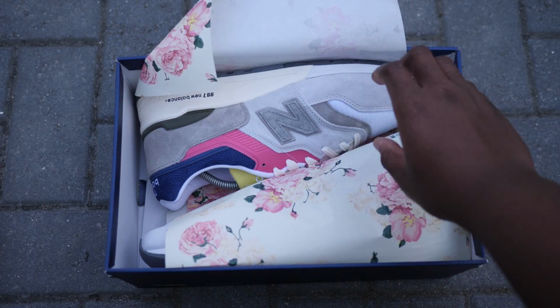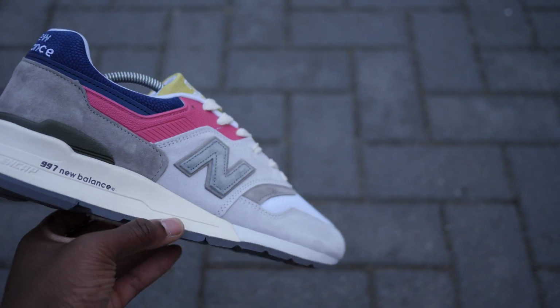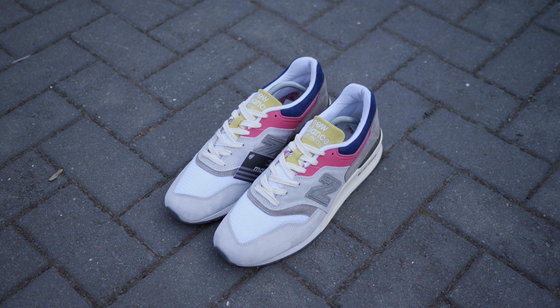As much as I love the packaging, we're not really here for the box, are we? So let's get right into the shoes. This is the 997 by New Balance in collaboration with Aime Dore, a lifestyle clothing brand based in Queens, New